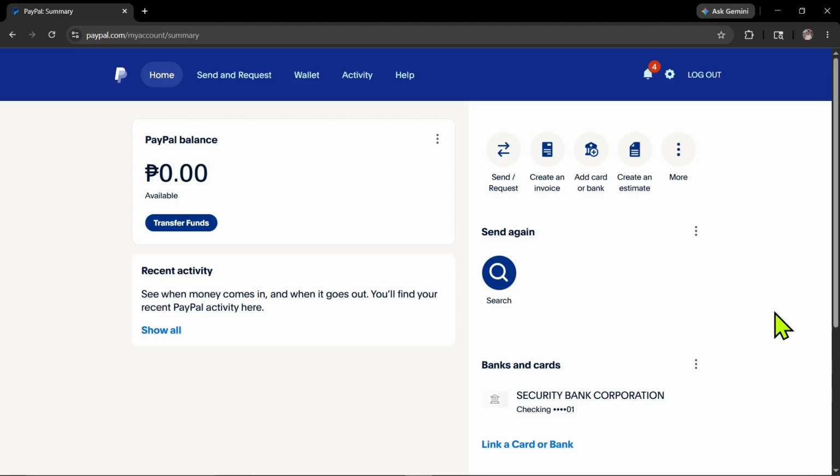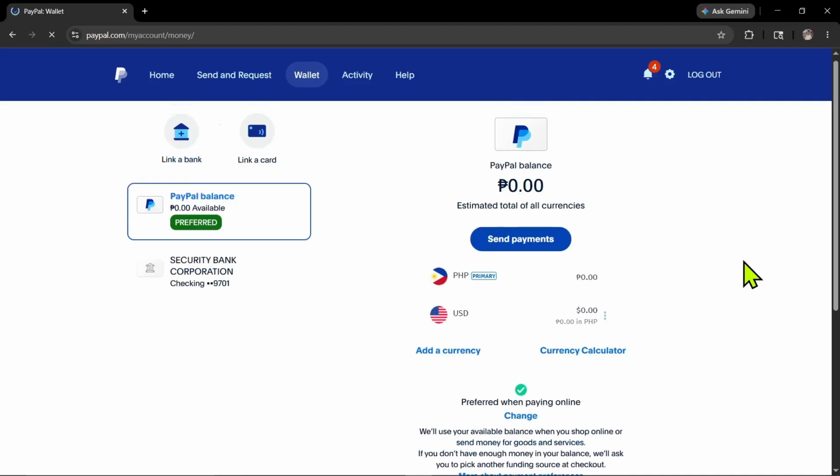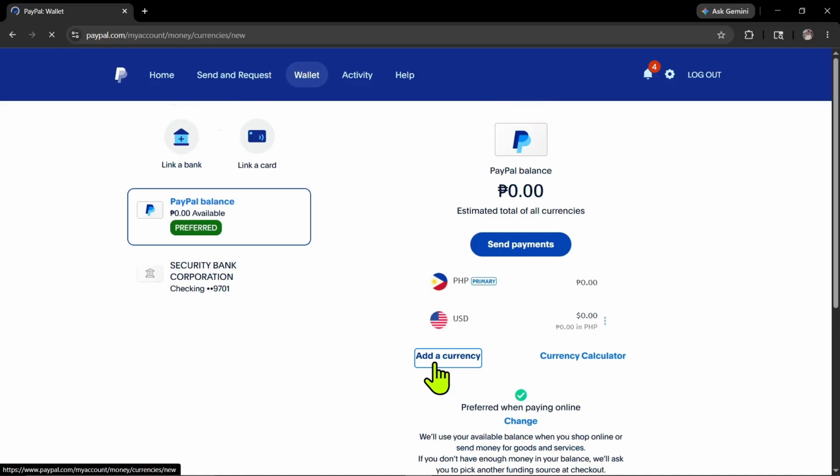To manage your PayPal currencies, go to your PayPal balance or open wallet. If you see your balance, tap it to view more details. Look for currency options, balance settings, or a menu with three dots beside a currency. PayPal says you can manage currencies from Wallet, where you can add a currency, make a currency primary, or close